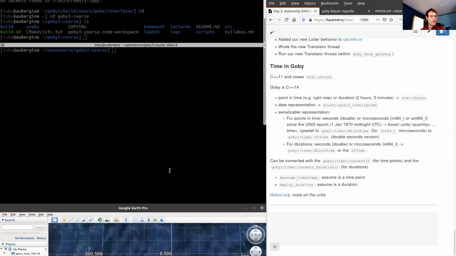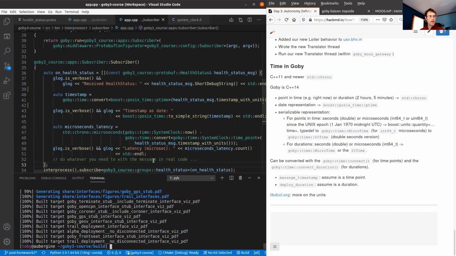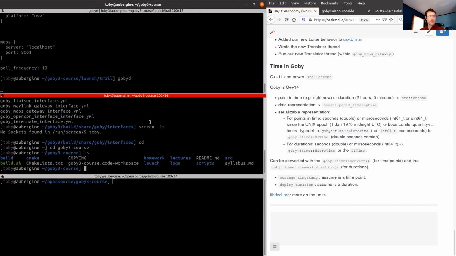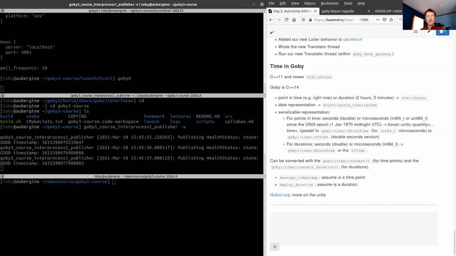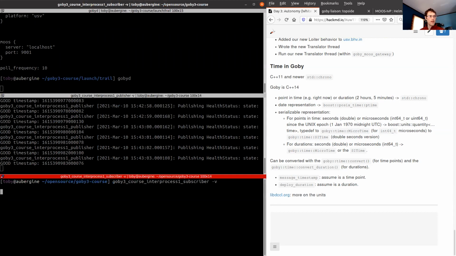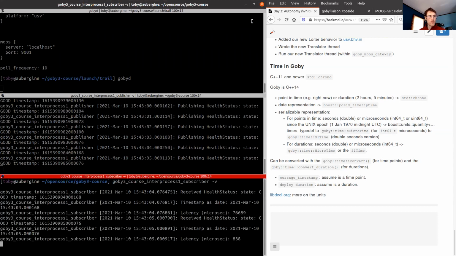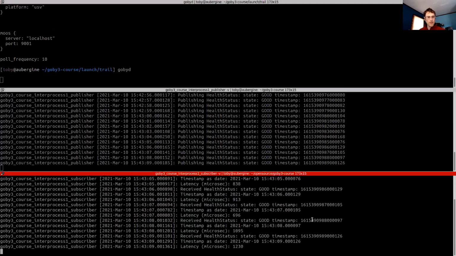We go back to the code here, make sure that actually builds correctly, and we'll run this. The publisher is now, you can see the timestamp. So this is microseconds since Unix in the current time. And then on the receive side, you'll see the timestamp. It's just a message in microseconds since Unix.